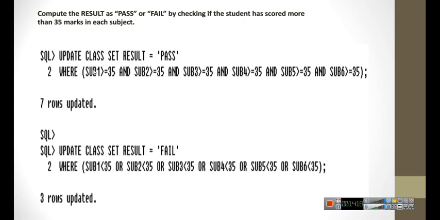update the result. So update class set result. So result column you are going to update now. What you have to update? You have to update as pass. I told you 2 conditions are there. This is the first condition and this is the second condition. So the first condition is we are going to calculate for pass. So pass is nothing but if it is greater than or equal to 35, then he is pass. So update class set the result column as pass,